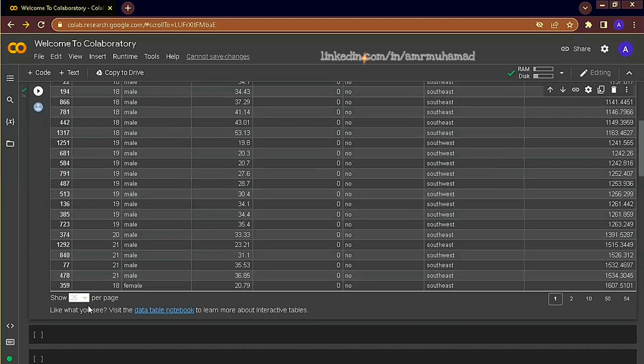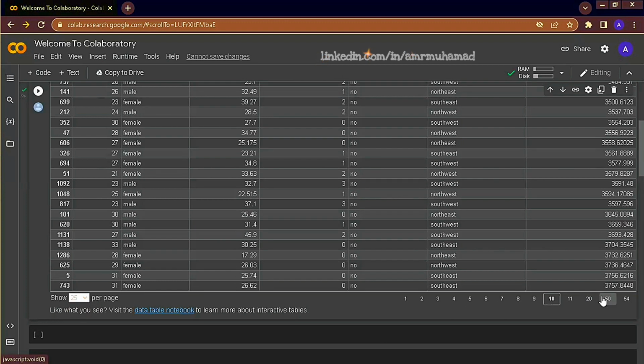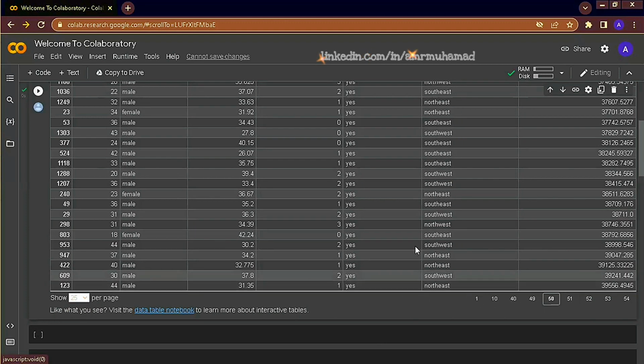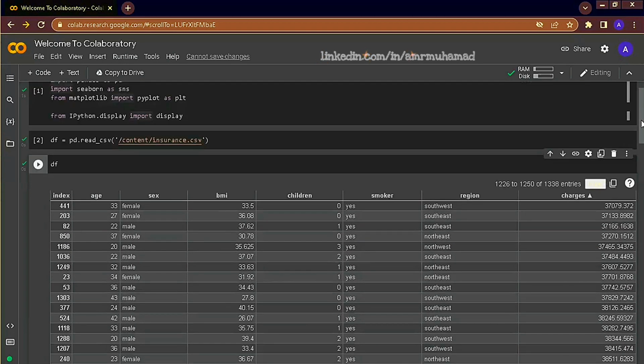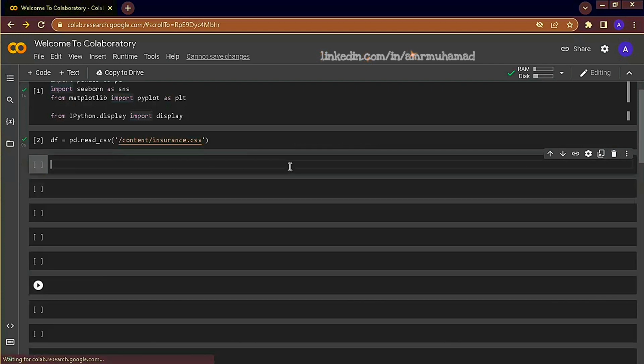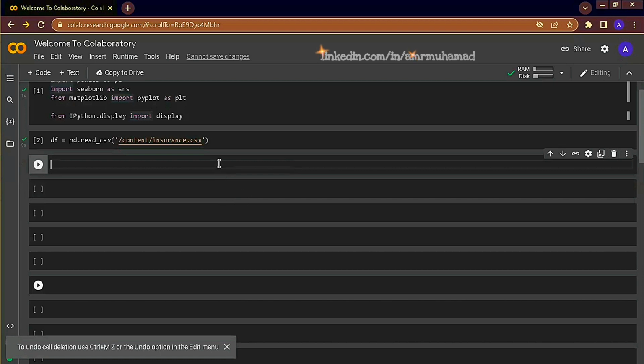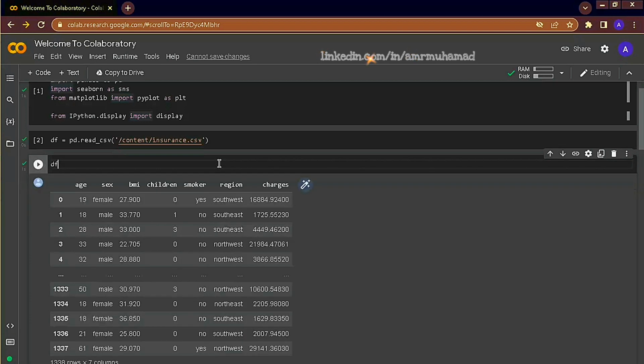We can change the amount displayed per each page. We can jump between the data and a lot of different stuff. But since we also want to learn how to use the pandas module, we are not going to rely on this interactive table much. So let's delete this table and run it again.